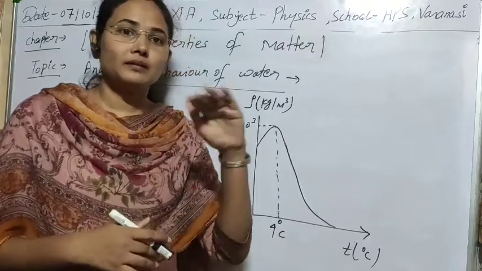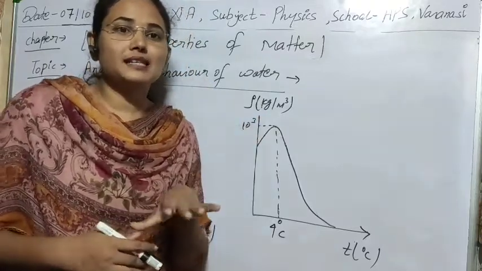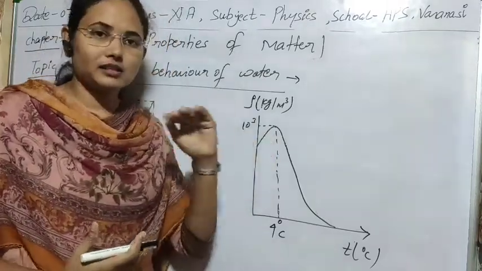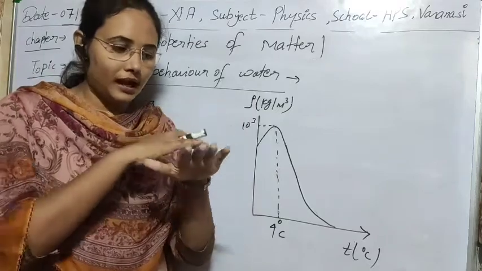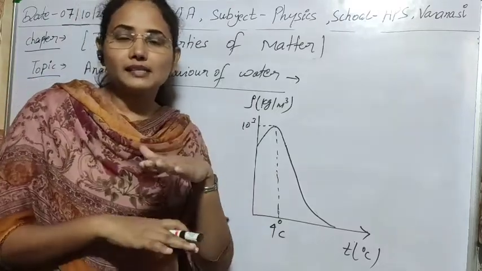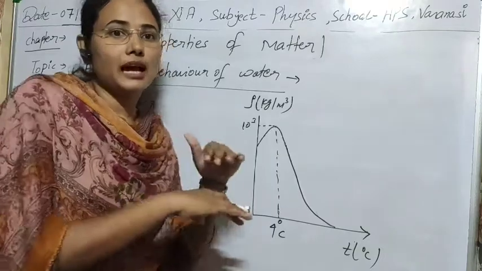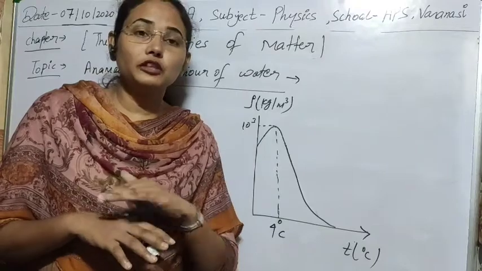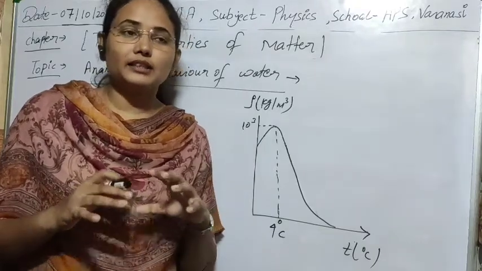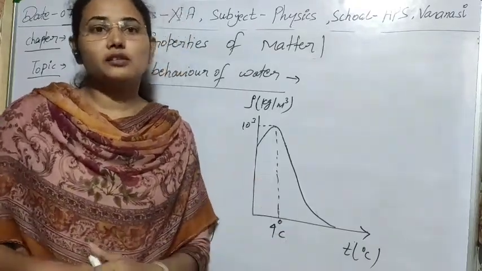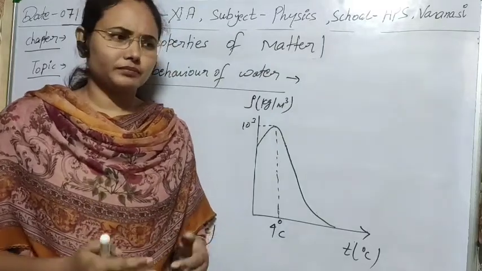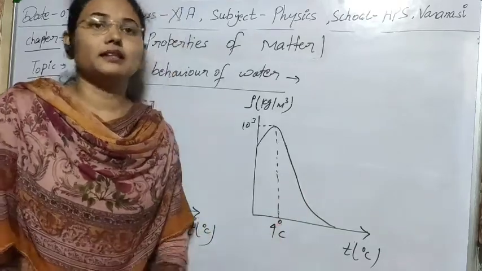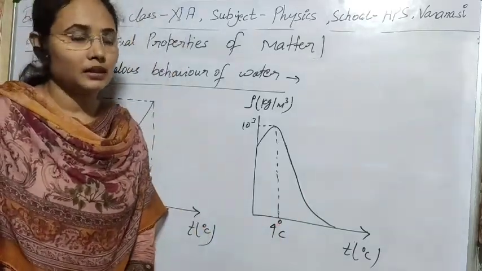Due to this, the upper surface of water, the less dense water, freezes. So there is ice on the surface, but below the ice there is more dense liquid at 4 degrees Celsius which will not freeze, and due to that aquatic life can easily retain themselves even in minus temperature, in winter season,